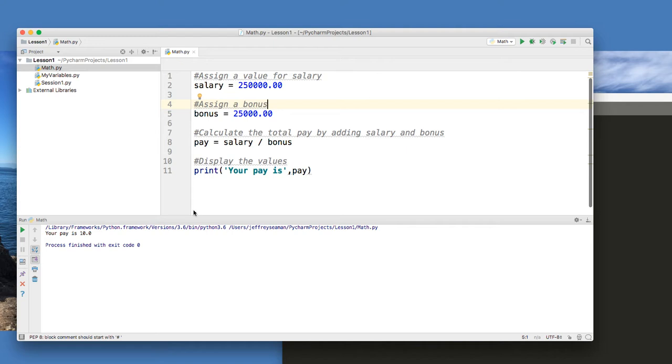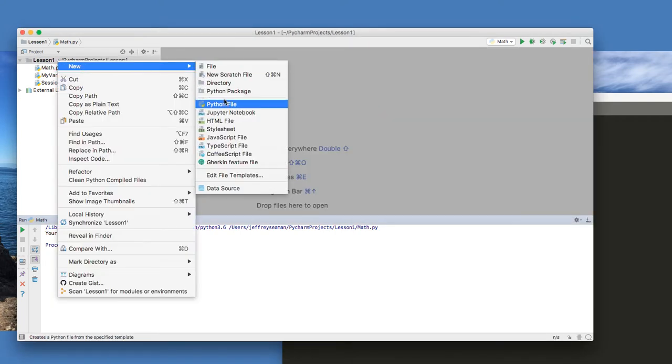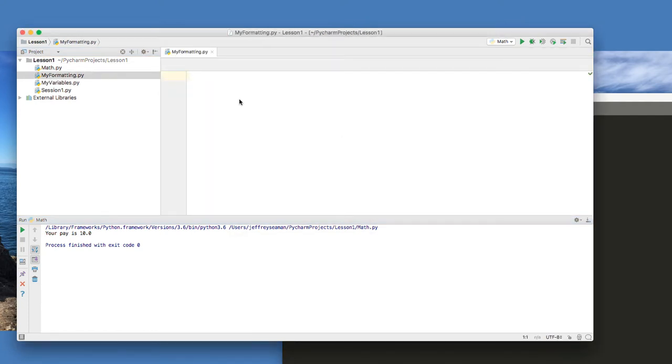Let's see, what else do we want to talk about? I'm going to talk about exponential. So let's create another screen. So let's close that out and talk a little bit about formatting. So I'll go back to this and I'll call it my formatting. All right. So now